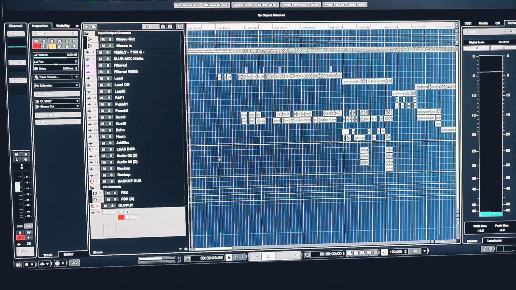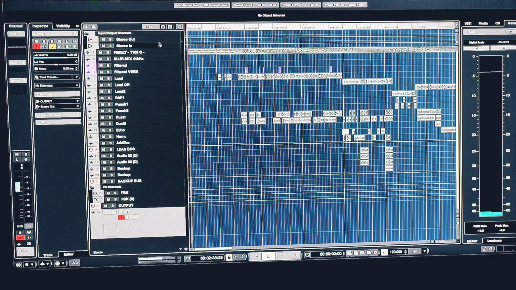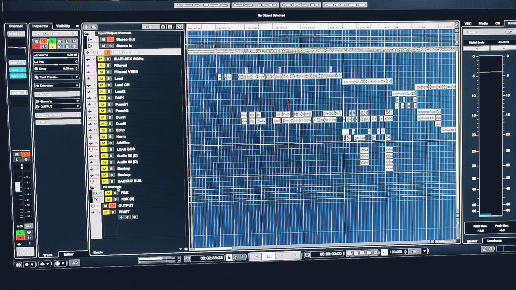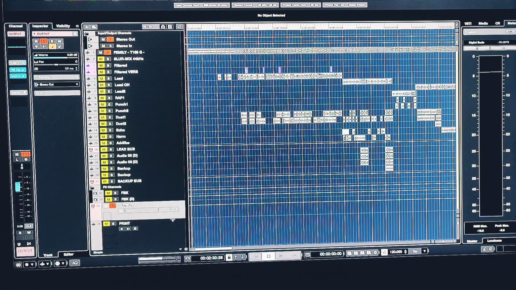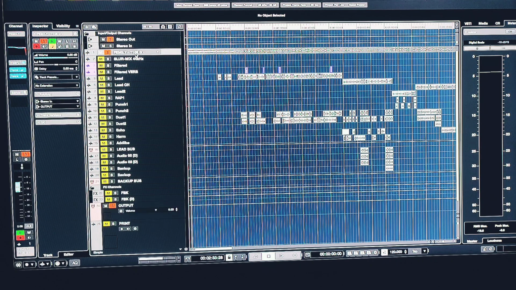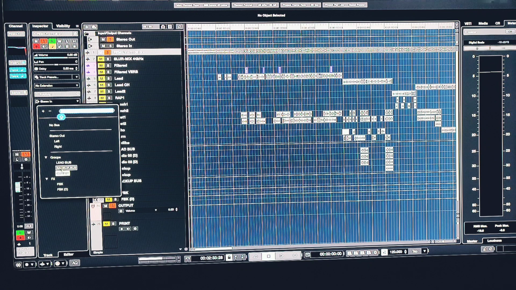So let's talk about the digital printing. Okay, so the digital printing, the first thing you need to do is to create a group and send all your channel into that group. For example, the instrumental channel, you have to create a group. Now I've created a group called output, because initially this channel will be going to stereo out, which is the